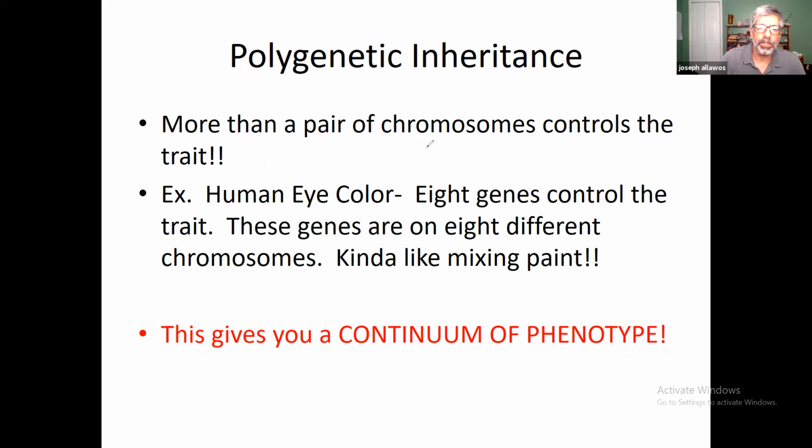Well, now what I'm telling you is there can be multiple chromosomes with genes for the same thing. For example, human eye color. Another really good example that we can look at,